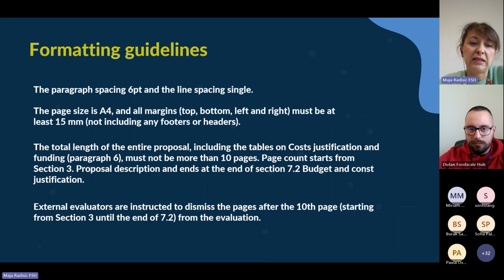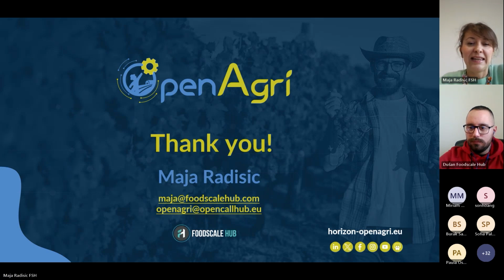So in case you exceed the page limits, for example, budget and cost justification will not be taken into account because these are the last chapters in the proposal template, and it will be reflected in your marks. That means that most probably you will not be shortlisted for funding. In case you have any questions, we're moving towards the next project.